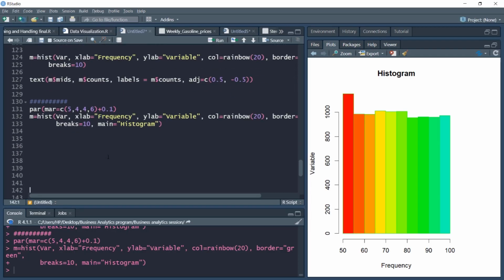Then I need to start plotting, but in the same plot. So I'll use par(new = TRUE). That means a new plot will be created on the same original plot. And then I want to add density. So I'll add the density of this variable. Line width I'll specify. We know all these features. Line width 4. Maybe the line should be in black color. So I'll specify the color to be black. Since there are already x and y axis, I will not specify any axis labels. So I'll keep them empty.